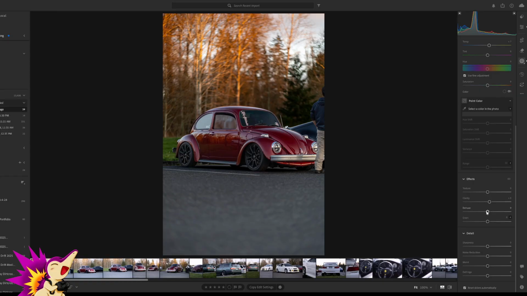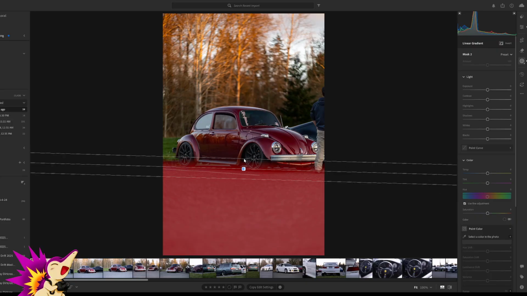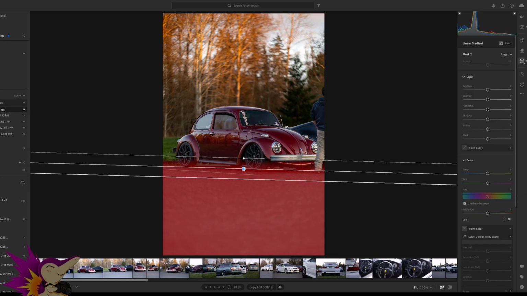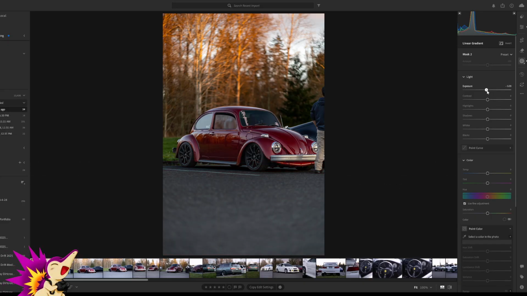One thing that you can do, which is one thing that I recommend, is whenever you're going to use car photos, or you're going to be editing photos, take a linear mask, kind of bring it up to the edge of the wheels. And then while you have the linear mask, you can drop the exposure of the ground a little bit. Not a whole lot, but just enough to it basically